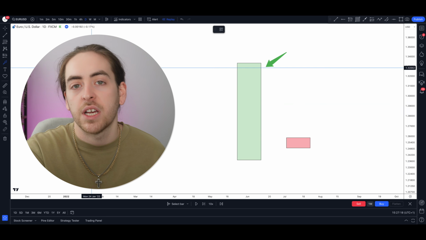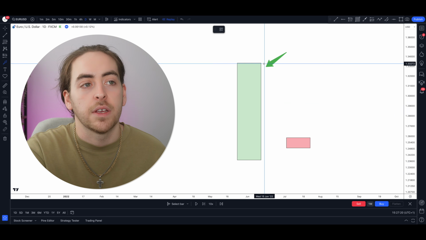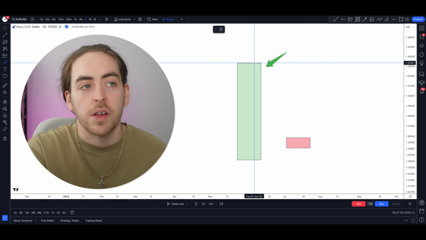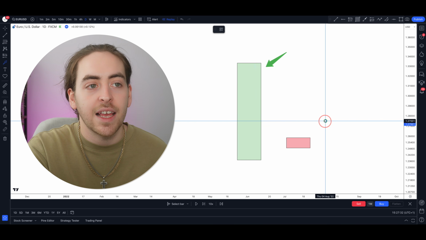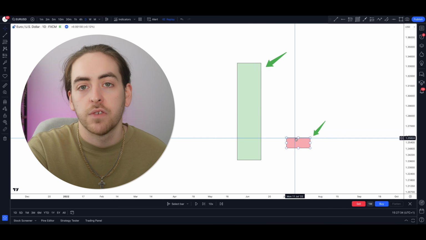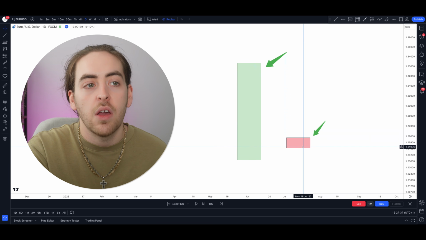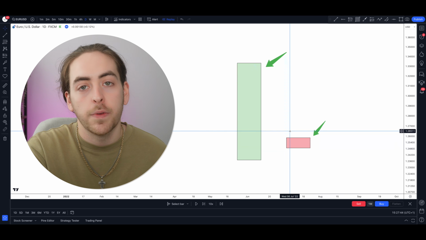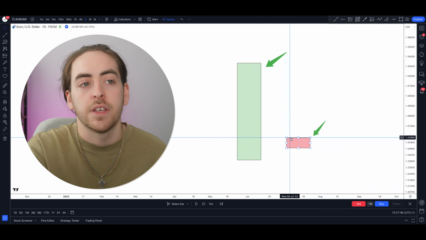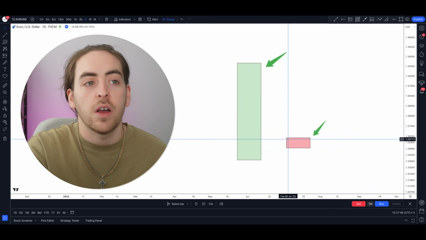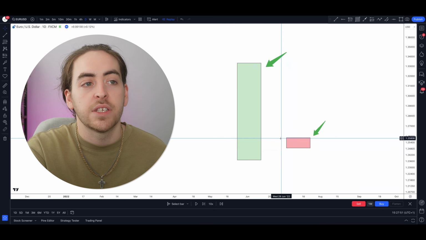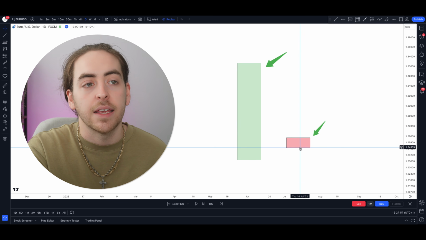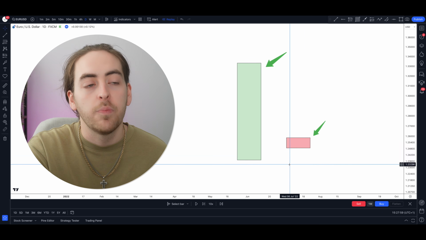Now, obviously, this will be subjective and dependent on the other candles around it. But as a generalization, if we see a large uninterrupted candle like this one, we know the buyers are clearly in control. Now, this selling candle, however, is small, and there's not much of a price difference between the open and the close of a specific hour, which shows us that not much movement was able to be created. With only a small amount of movement taking place within this hour, for example, we know that there's not a lot of selling pressure here. So we may have sellers and buyers at almost equal levels. Sellers may be in control, but only very lightly,